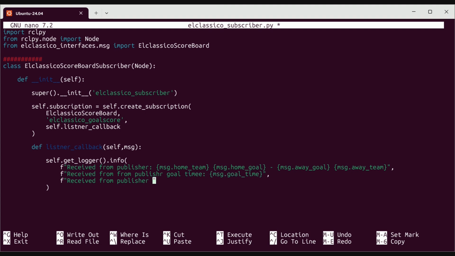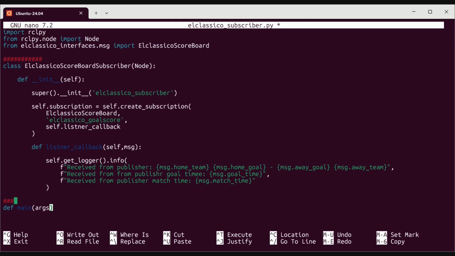Received from publisher. Last time, I'm intentionally leaving this E over here just to show you that it will be printed as it is. But anything inside this bracket, the variables, should be correctly typed. This is the message that should be listened to by the subscriber, and I think that's it. Now the third part, if you remember, def or definition,